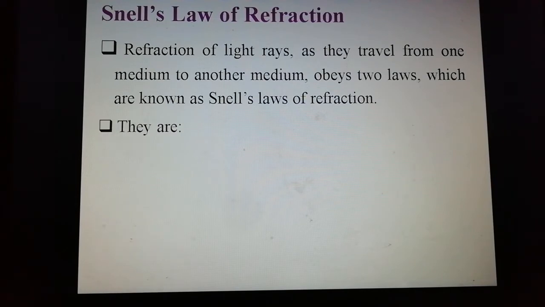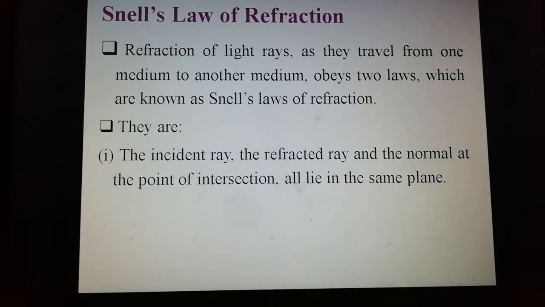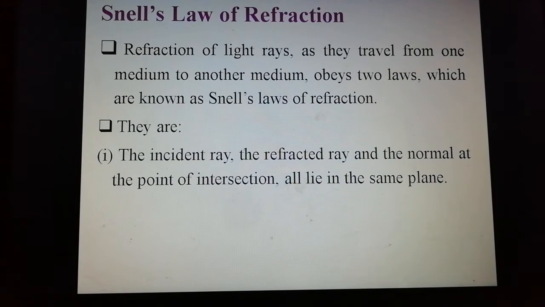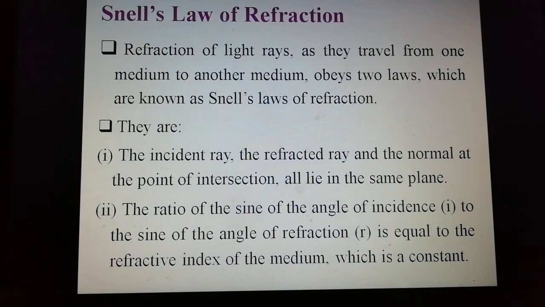So these two laws are: the first law, the incident ray, the refracted ray, and the normal at the point of intersection all lie in the same plane. And then the second law, the ratio of the sine of angle of incidence i to the sine